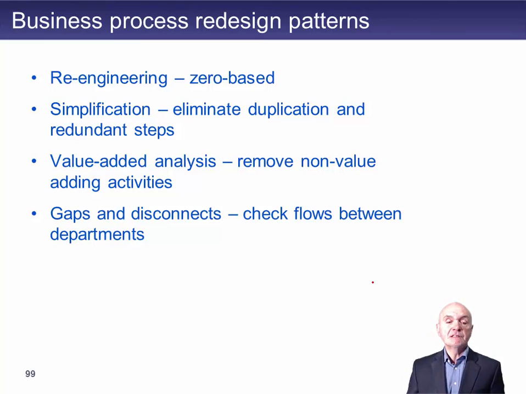And finally, gaps and disconnects: look for where information or materials could be delayed or go missing. And again, every time you have to send something from one department to another, there is a risk that the message, the information, the communication has some sort of breakdown within it, a barrier of communication comes in. There's a risk that the material is delayed as you go from one to the other. Material is received but then put somewhere in the new department, forgotten about, and they don't know where it is. So we can look for streamlining and simplifications as best we can.